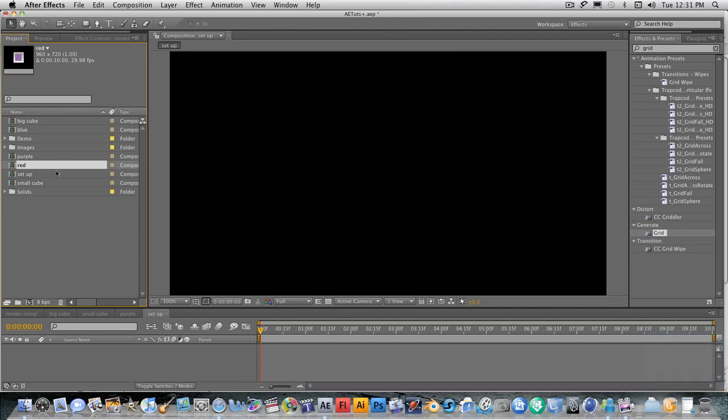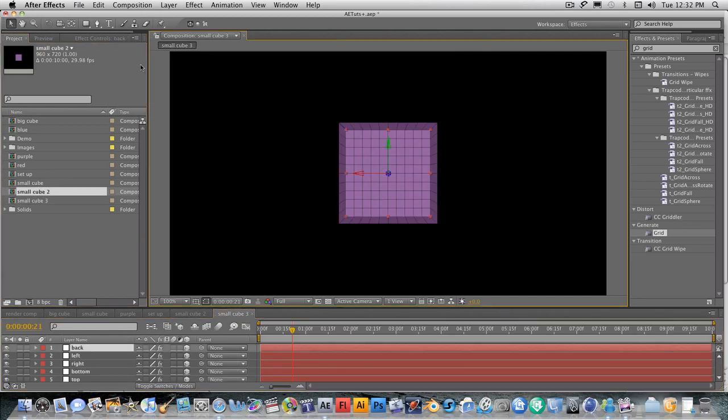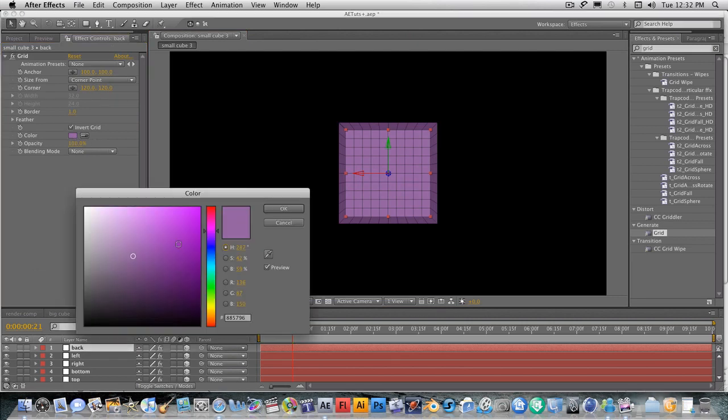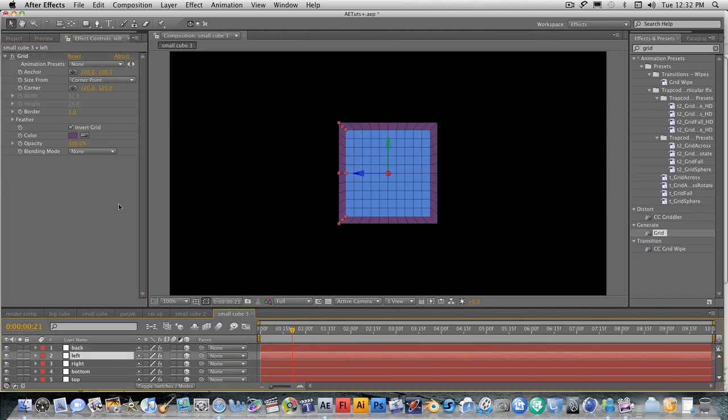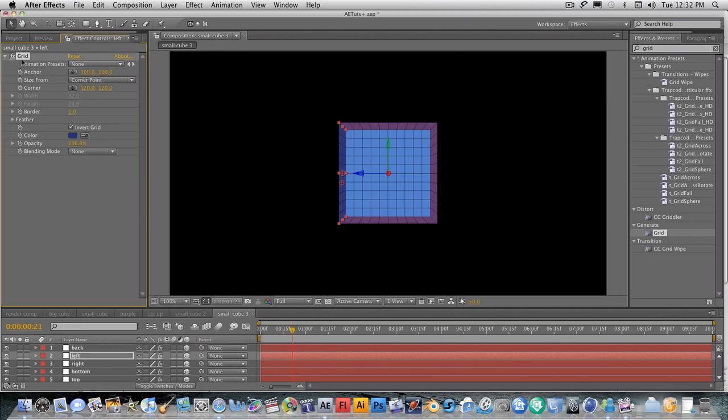So the next thing to do is to duplicate this twice, two, and then we're going to open this one and this one, and for this one we're going to change the colors to something bluish, and for the back layer we're going to use light blue, something around that, and for the sides we're going to use a darker blue, something around there, and then copy the effect, paste it,